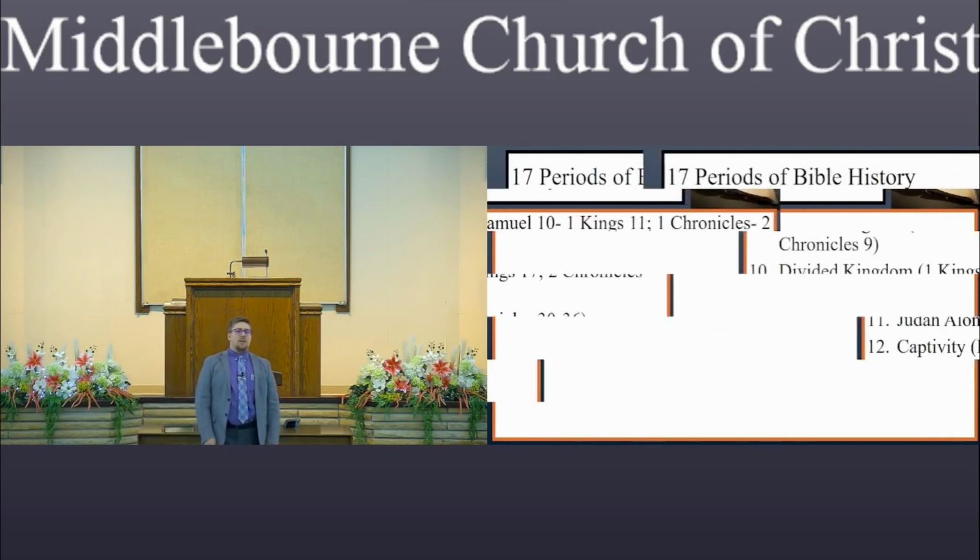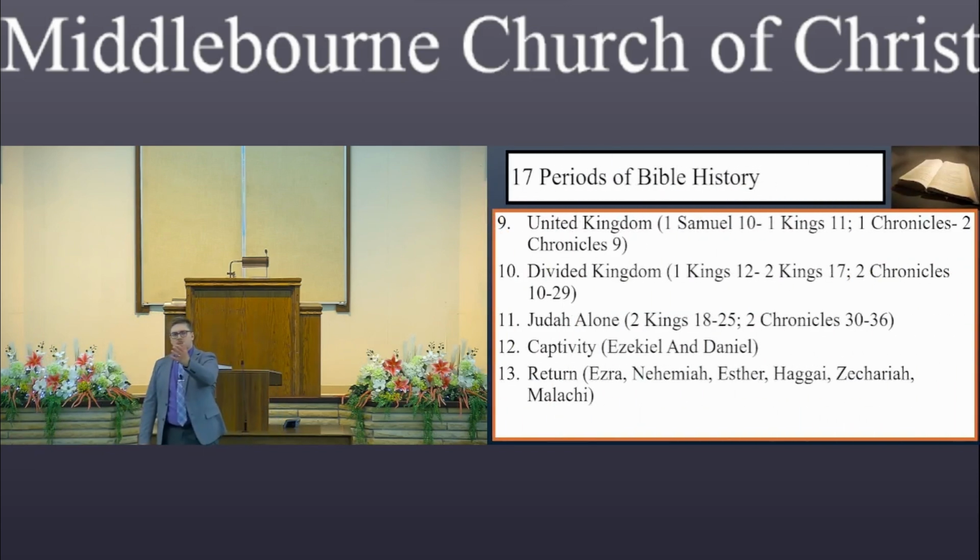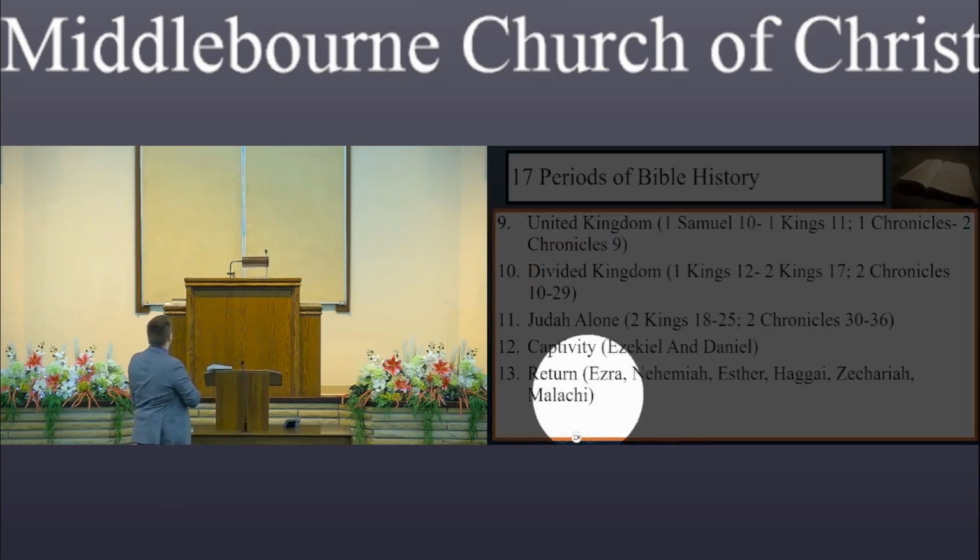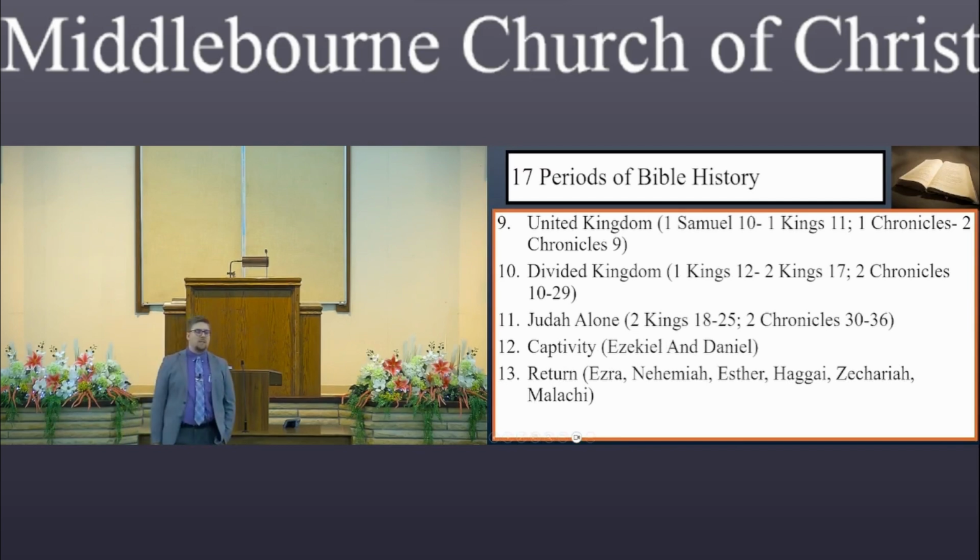So, I want to know, where do they come back and build the temple? Well, I can go to Ezra. I know because that's here in the return. Haggai and Zechariah, by the way, also deal with the temple. There was a period of time in Ezra, during the days of Zerubbabel, when enemies opposed them and got them to stop building the temple, and had sent word to the king. And the prophets, by the name of Haggai and Zechariah, had to come and tell the people, you need to finish building the temple. And then in that latter half of the first section, those chapters like, I think it's 4, 5, and 6, somewhere in there, in Ezra, they finally finished the temple.